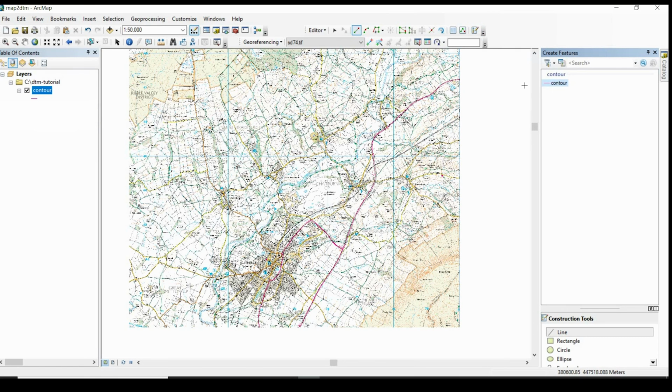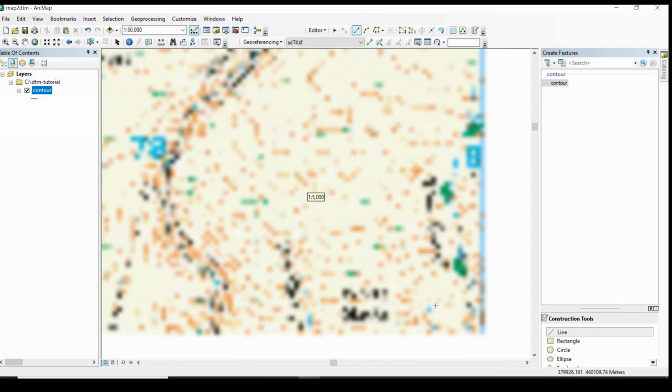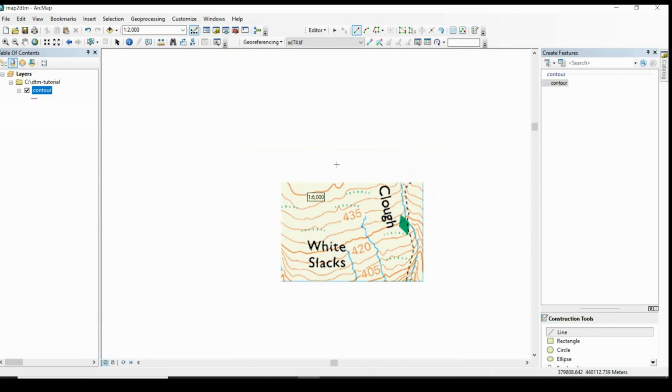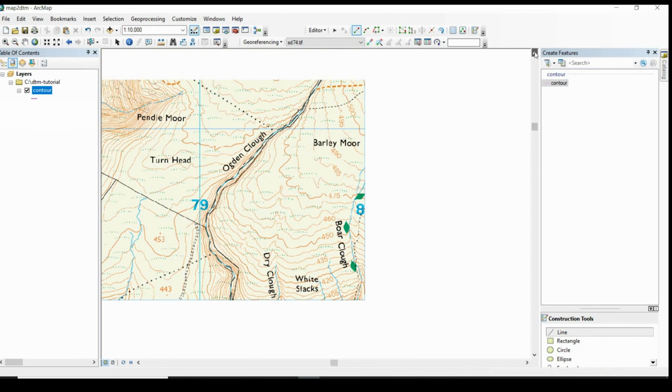Okay. Now I will click on the contour file to make sure that I'm going to edit on this file that I have just created, the contour file, and then what kind of feature that I'm going to draw here. I would say line. I'll click this one, line, and now I need to start tracing the contour lines one by one, and I will do, for example, one for you, and then I will move to show you the final